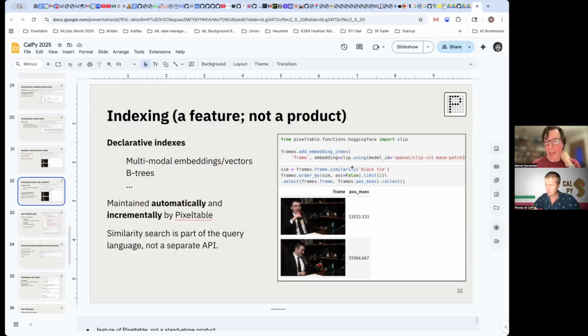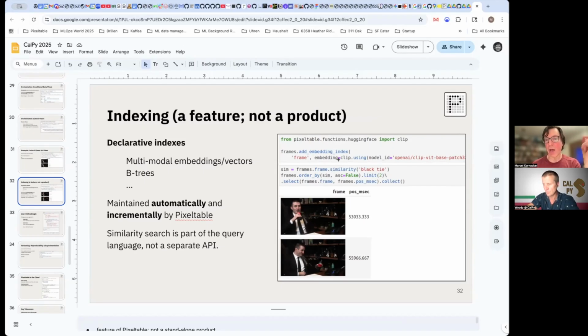And when you run a query now, frames.frame is the reference to the column that you have here. And we're using the pseudo function similarity and asking for a black tie. And so this string black tie will be encoded with the same model ID as the one used for the index.